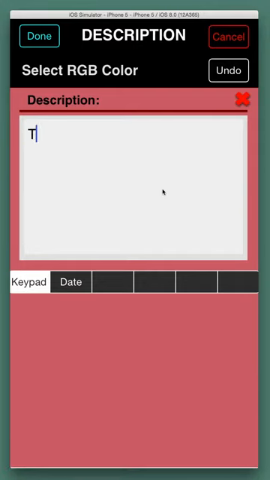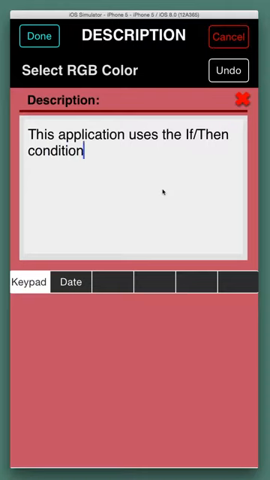So this application uses the if-then condition statement